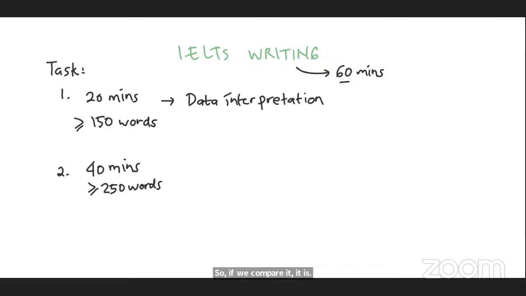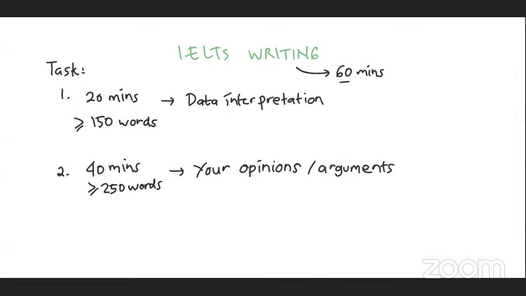The difference for writing task 2 is that you're not going to be given pictures or charts or tables, but you will be given questions. And these questions will ask you to tell about your opinion. Your opinions, I'm going to say opinions, because it will not be only one opinion about something or arguments, or you can say it your point of view